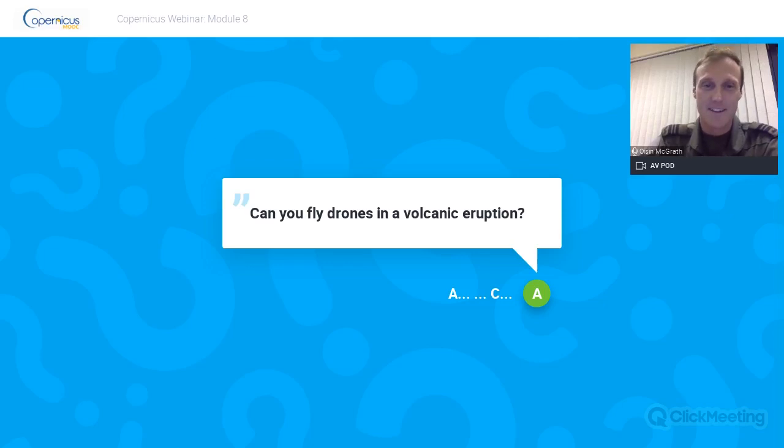Flying anything in a volcanic eruption has a number of issues with volcanic ash. Obviously, aircraft engines and helicopters don't fly very well in volcanic eruptions. Drones are electrical, so I would say you can fly them. It would be quite tricky, and you'd have to be prepared to lose the drone.